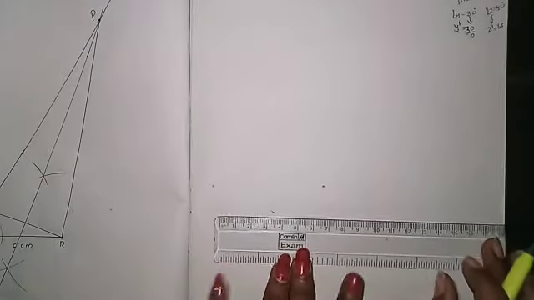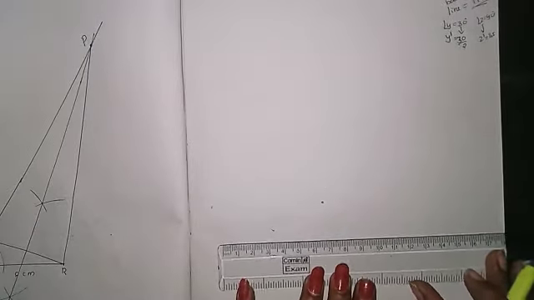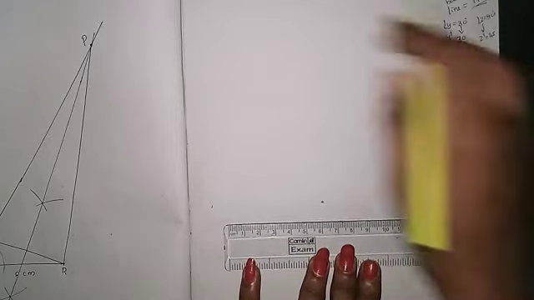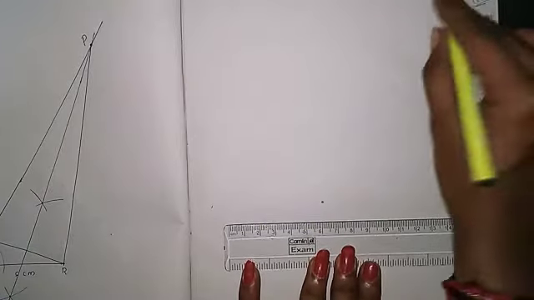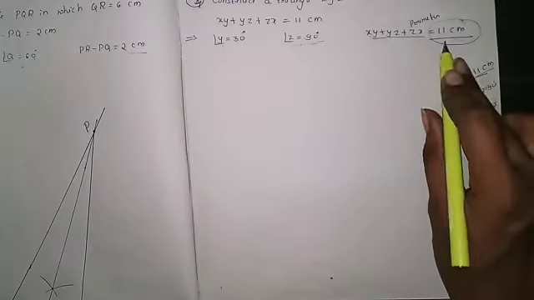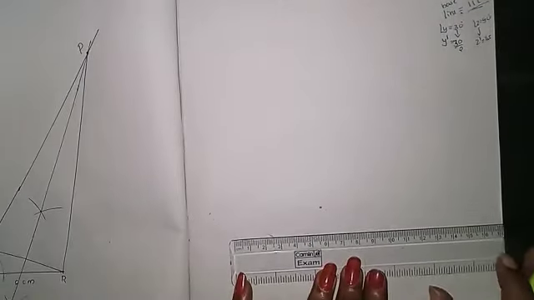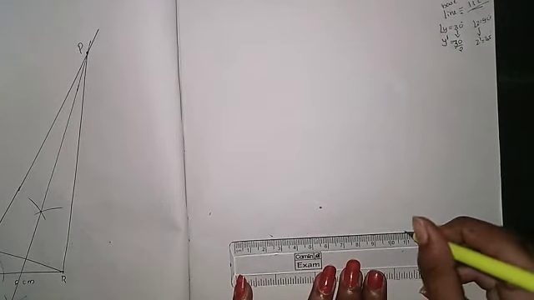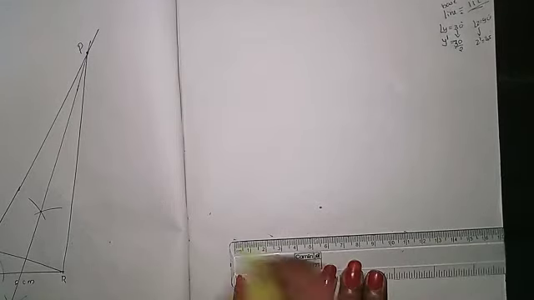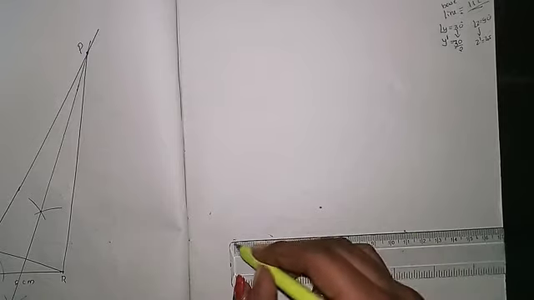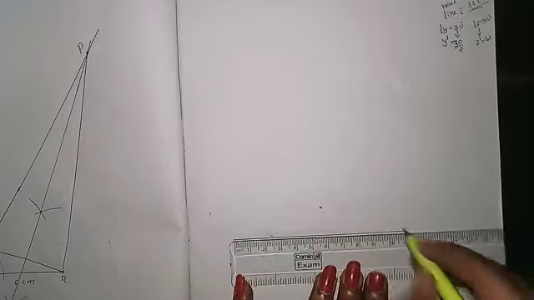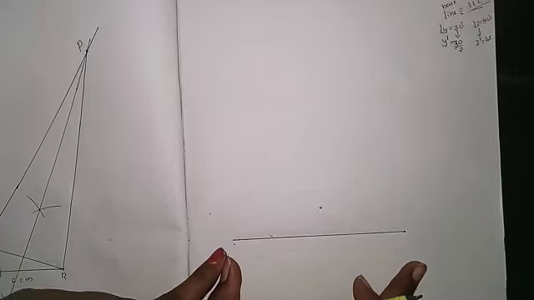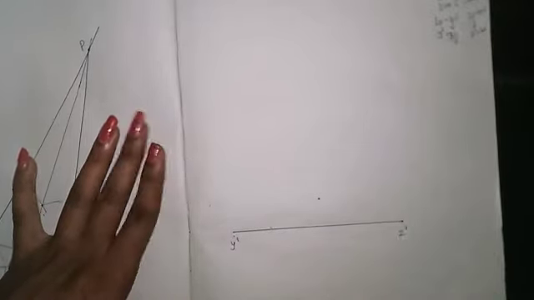So I am using pen, for every construction you have to use pen, and for angles you have to use the pencil. So this is first what I told, you have to create the baseline by using the perimeter value what they have given. So 11 centimeter. So what I will do, 11 centimeter, it is not exactly from 0 to, it is 11. So I will draw one line 0 to 11 centimeter. As it is not exactly the term, so Y and Z they have given, it is not exactly real, so I will say this is the duplicate of that one. Okay, so Y dash and Z dash.